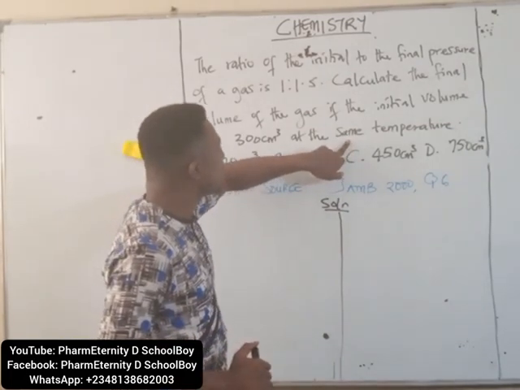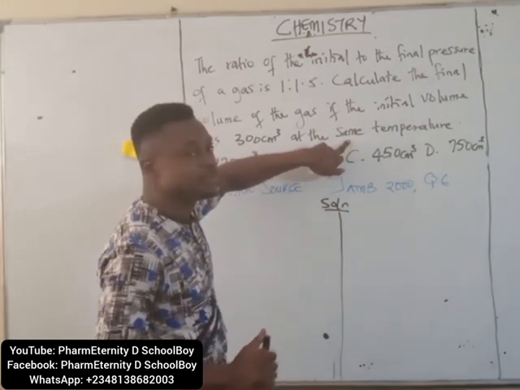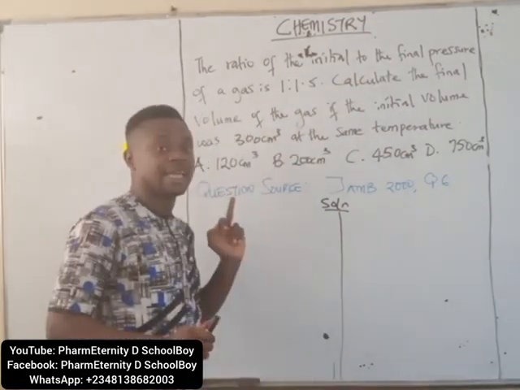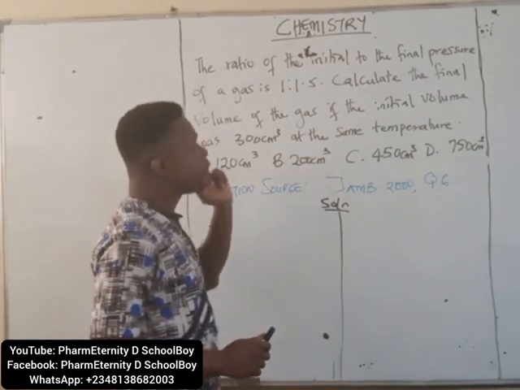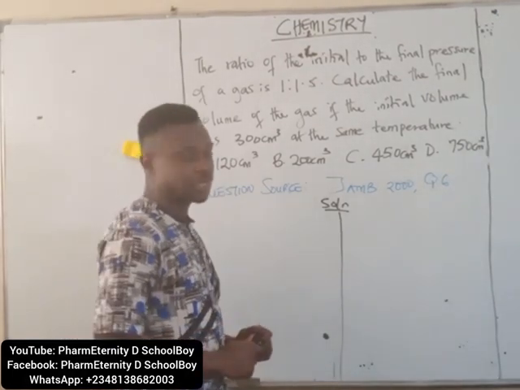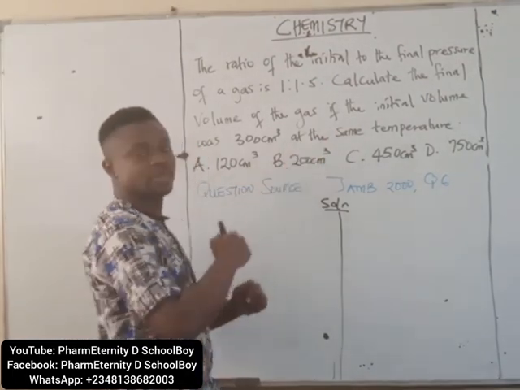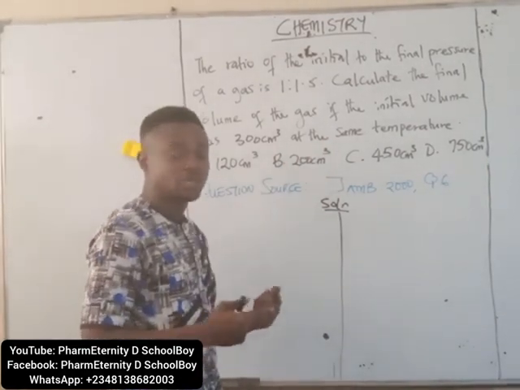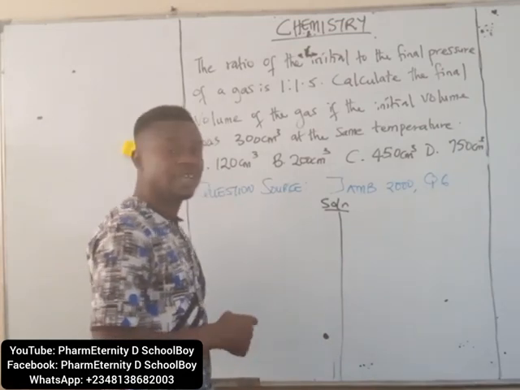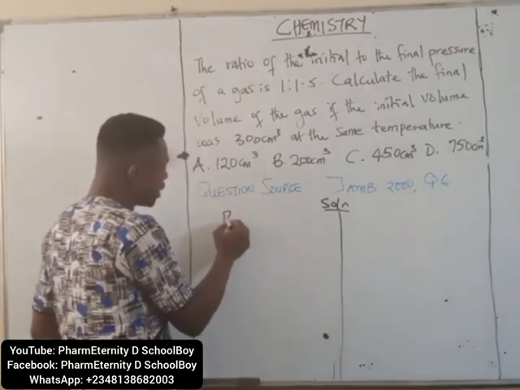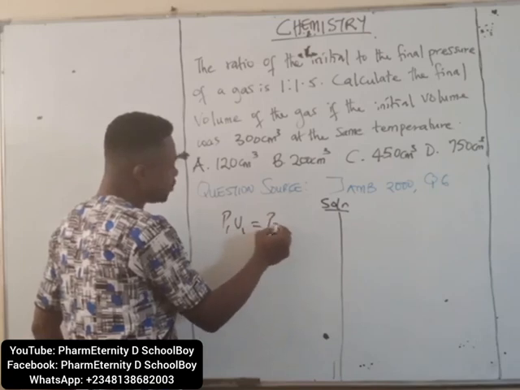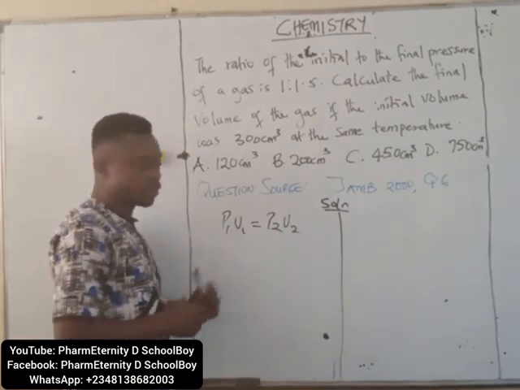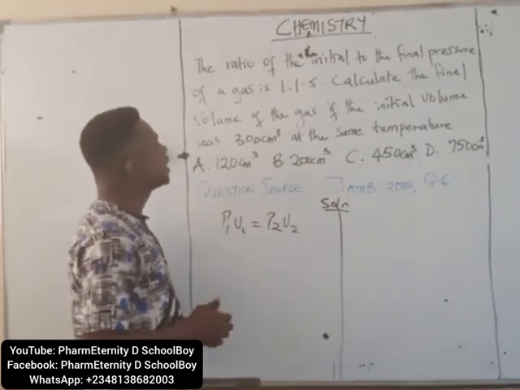And the law that has to do with temperature being constant while pressure and volume vary is Boyle's law. It is Boyle's law, because at constant temperature, the pressure of a gas is inversely proportional to the volume. That is Boyle's law. So if that is the case, P1 V1 is equal to P2 V2. That's the equation of Boyle's law. So we use this to find the